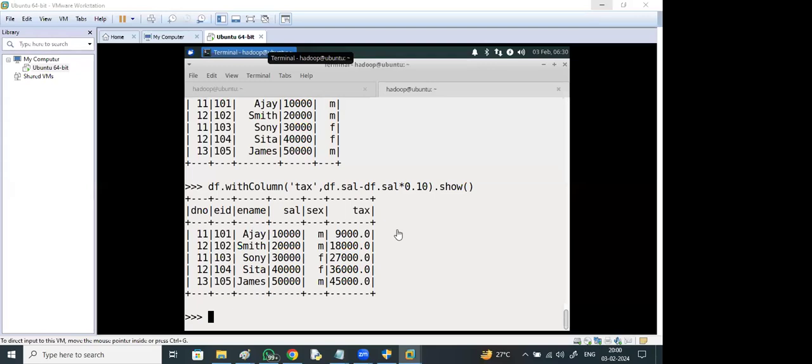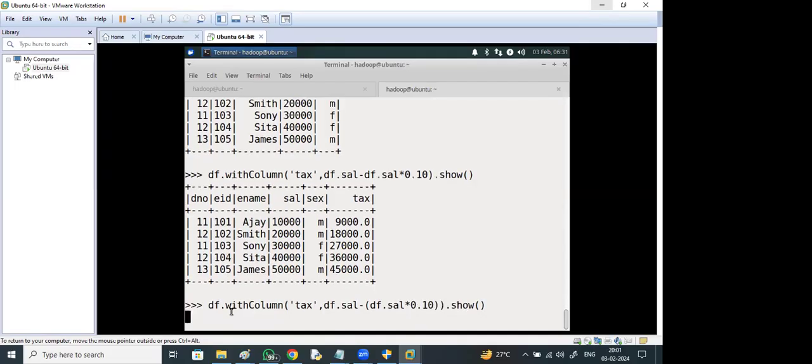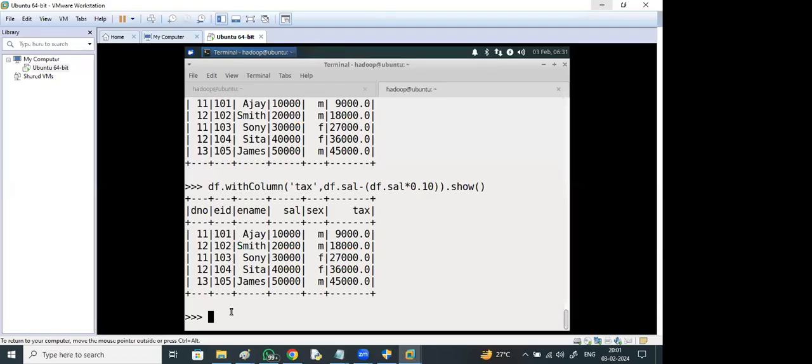From that salary, it is deducting 10,000. Salary into 10% means salary into 0.10.